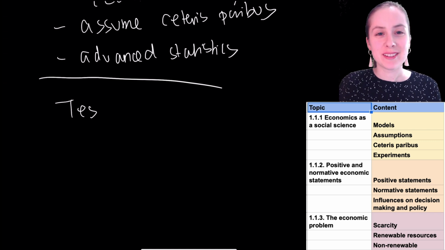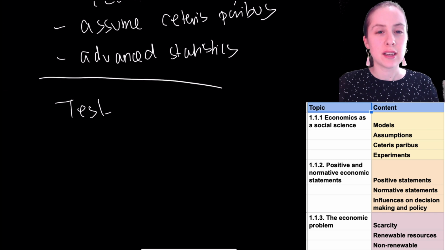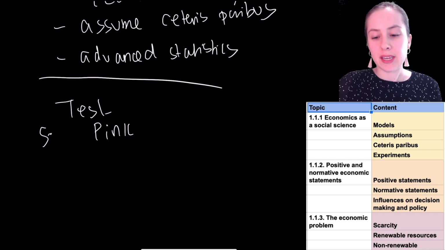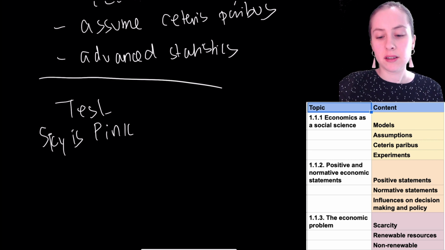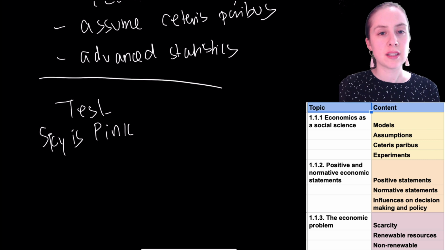Positive and normative statements. Positive statements are things you can test. Watch out for tricks. There's lots of tricks. Examiners like to trick you here, but be sure it's something that you can test. For example, you can test if the sky is pink. Someone says that, you could design a scientific experiment to test it. This is testable. Something that's not testable is,